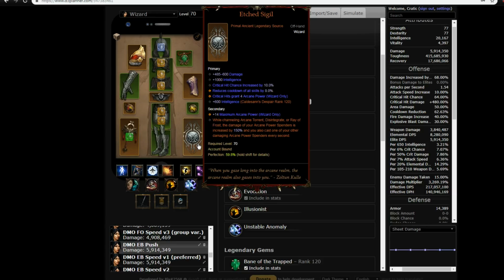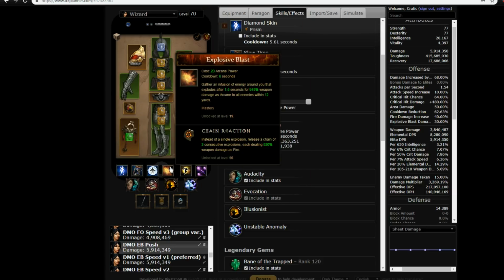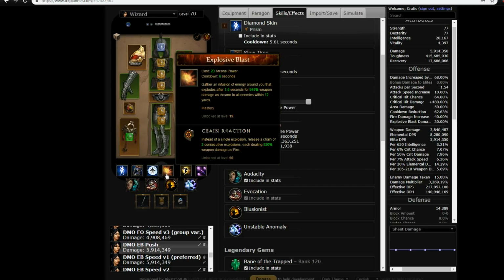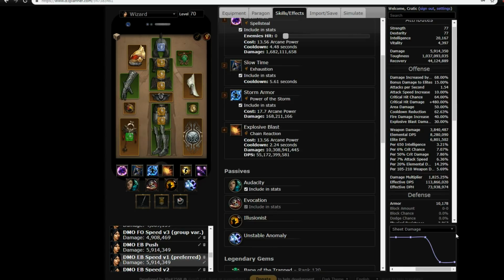So we can sacrifice the pull and just be able to cast, or have our edge schedule cast our Explosive Blast more often for higher damage, and that will come out ahead, in my opinion, at this point. Even more exciting for DMO is the speed build that's going to get pushed up, especially because I used to run the Unity with this build